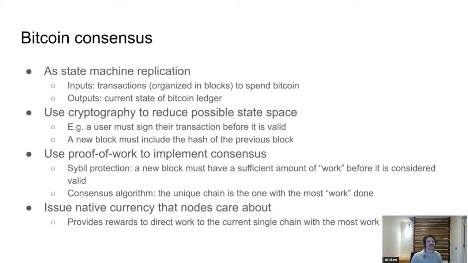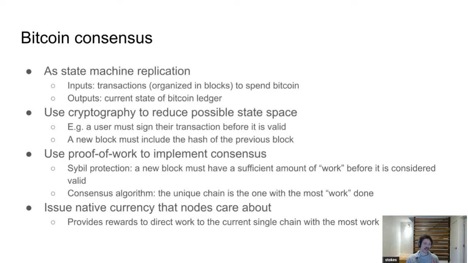There's some things you can do here around using cryptography to reduce the possible, I'm calling this state space. In particular, if I just make a transaction, I probably want to have it be signed, so it's uniquely from me. It's authorized for me to actually move the coins and not just have them out there. I mentioned this thing about the parent hash, right? Because otherwise you could imagine, like when I was drawing the sea of blocks off to the side,